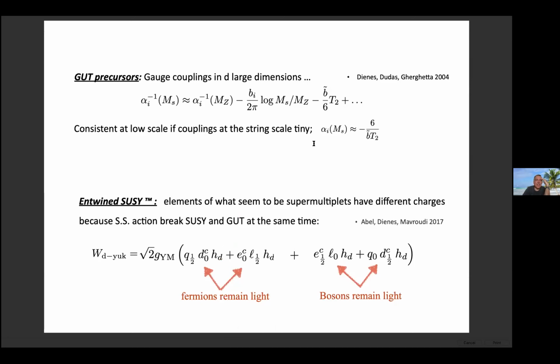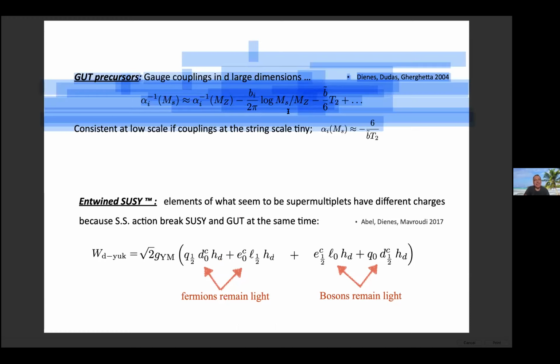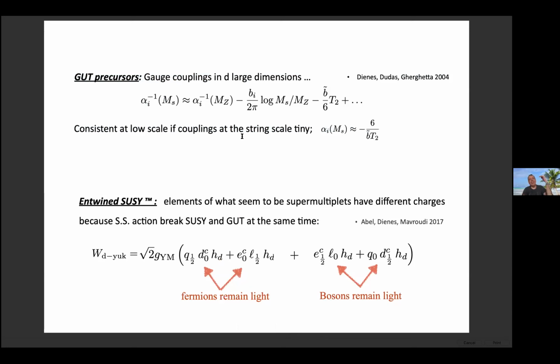So generally, when you try and construct something, it's impossible to just keep the Scherk-Schwarz breaking on the space-time degrees of freedom. It has to get embedded in the grand unified theory, and so it has to break a grand unified group. So that gives you 2 predictions. One is what we call GUT precursors. That's essentially that your Kaluza-Klein levels are already going to show some GUT states in them, so they're going to kind of fill up GUT multiplets.